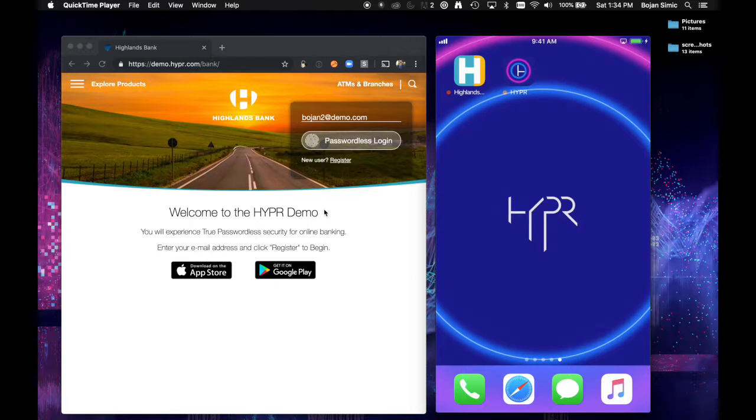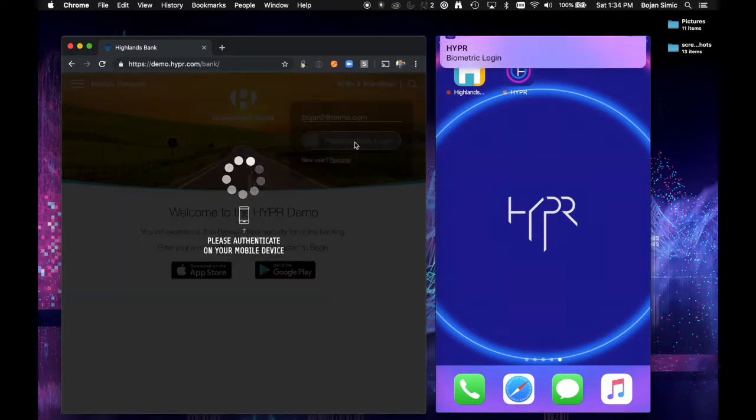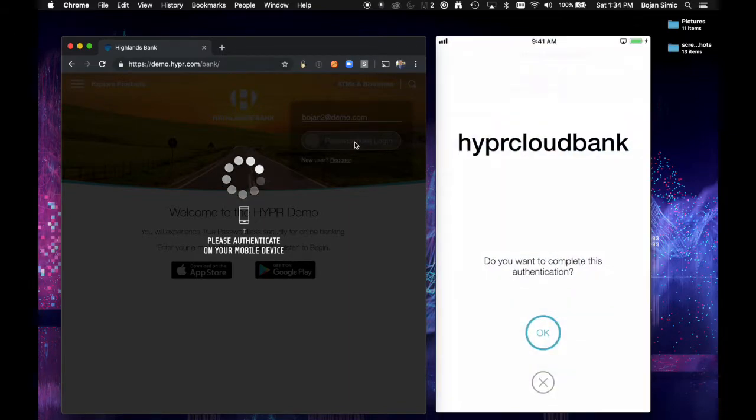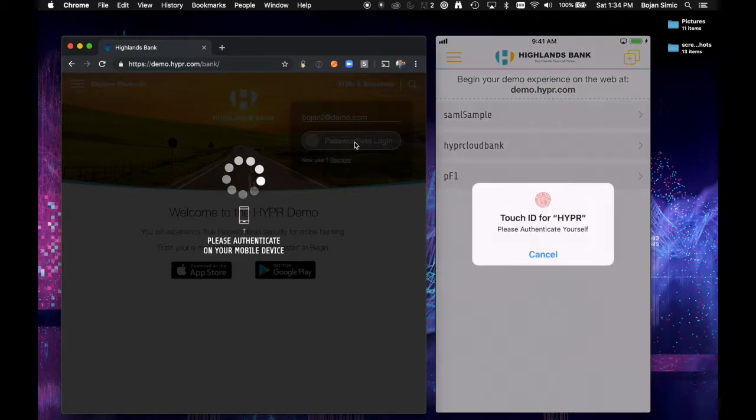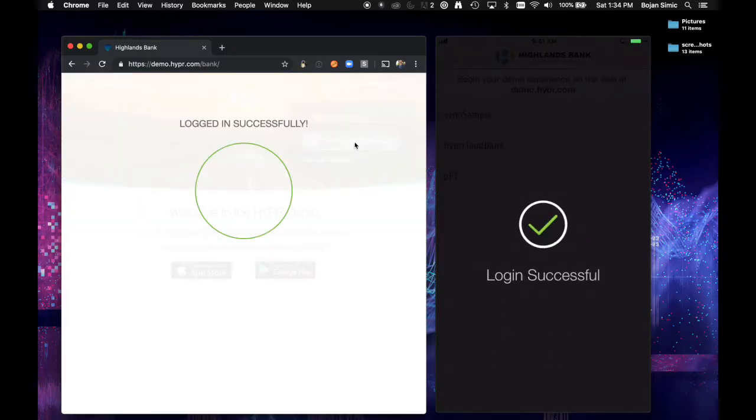So let's get started. First, the user will need to provide their username into their web application, and then they will press the passwordless login button. They will then be notified on their mobile device to authenticate. As soon as they authenticate, in this case with their Touch ID, they will be granted access into the banking